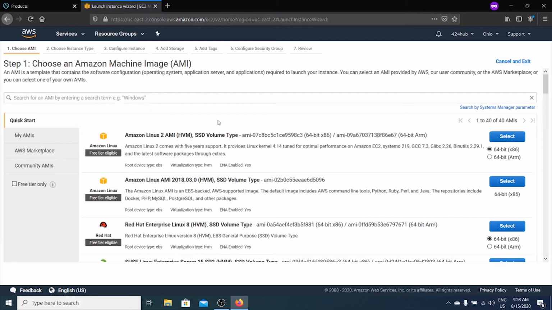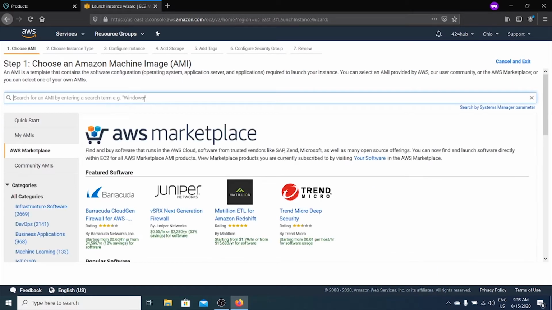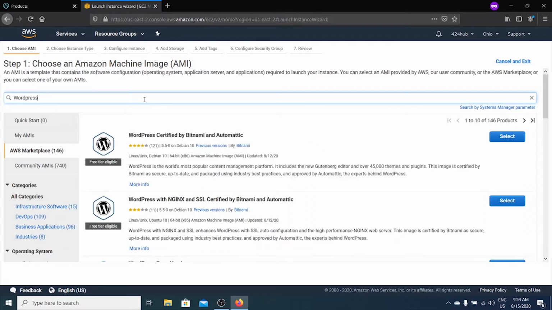Here is where we're going to look for WordPress. So you click on AWS Marketplace and search for WordPress. We have two WordPress here. It's basically the same thing. The only difference is that this is running on an Apache server, if I'm not wrong, and this is on Nginx. Don't worry about the SSL, we'll be doing it manually here, and it's kind of easier when you choose this one. So we click on this,